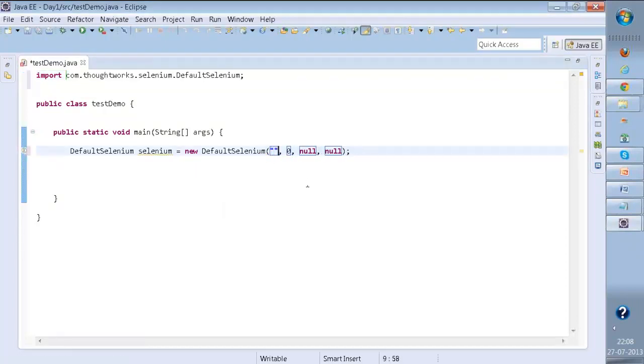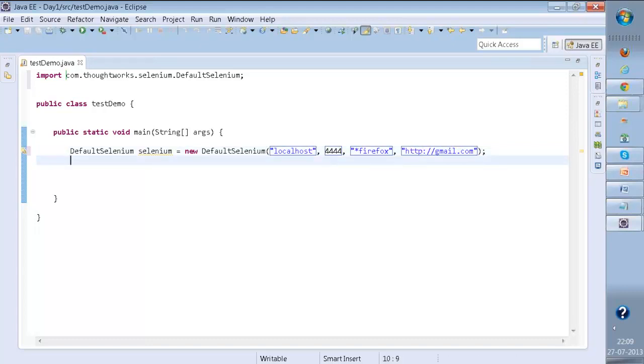And now you can provide the actual arguments: localhost, the second argument is your port, that is 4444. The third argument is your browser, and you need to prepend it with star, *firefox. And the fourth argument is your URL, that is http